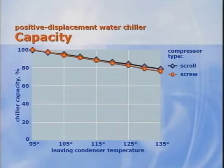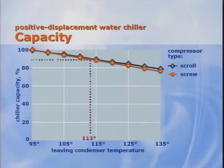Always contact the chiller manufacturer for information on the chiller being considered. Thinking back to our VAV box example, let's look at how the chiller capacity would be affected. If we selected a one-row heating coil, the leaving condenser water temperature had to be 113 degrees, and chiller capacity is reduced by about 12%. If instead we select a two-row coil, we can reduce the water temperature to 105, and the capacity is only